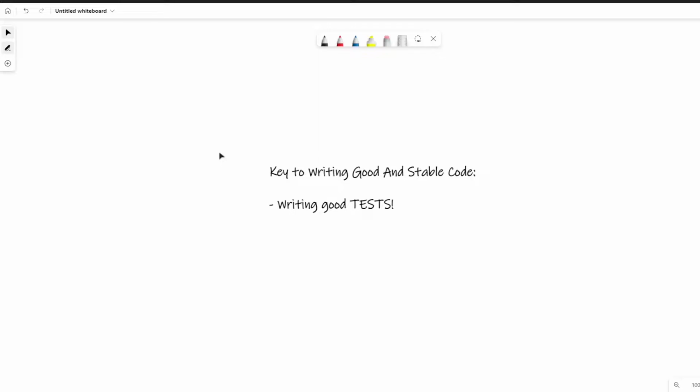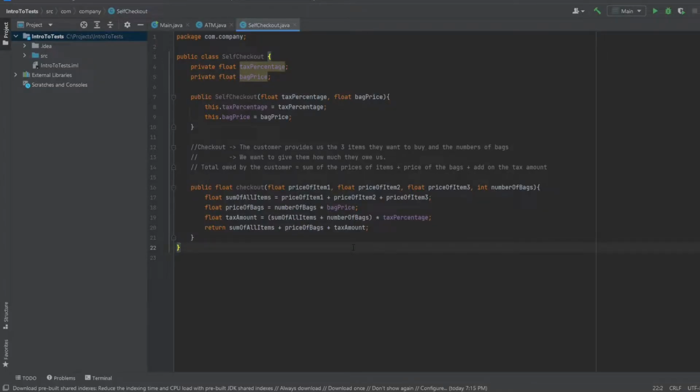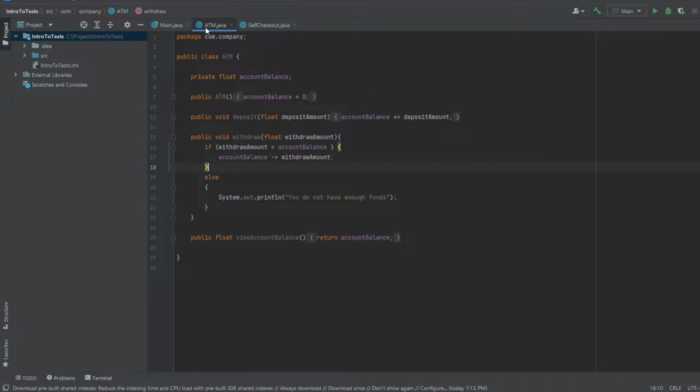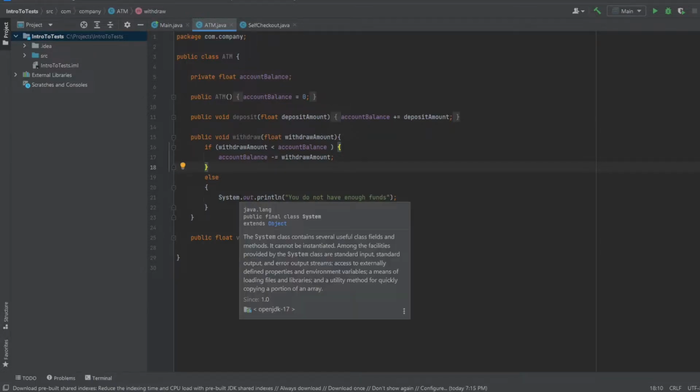So let's just do that. Over here we have the code that we wrote in the previous video, the self-checkout class and the ATM class. Up to this point, we've been testing if our code works correctly by printing out everything in the console and then checking it every time we call the function. And this is not how things are done